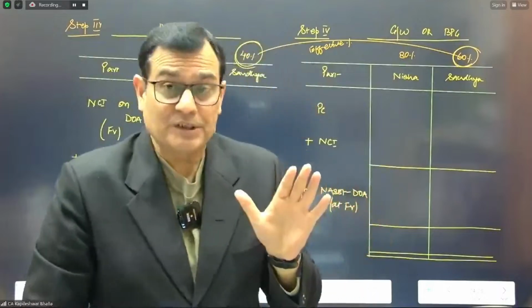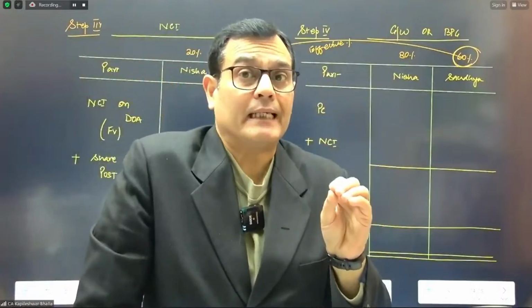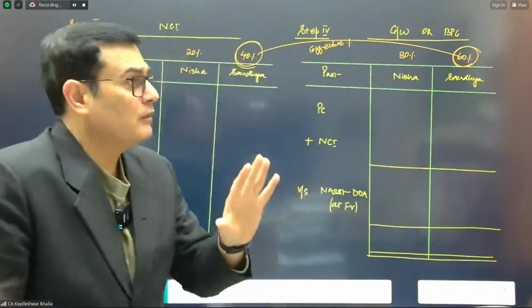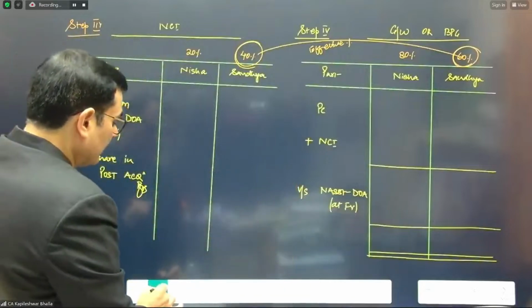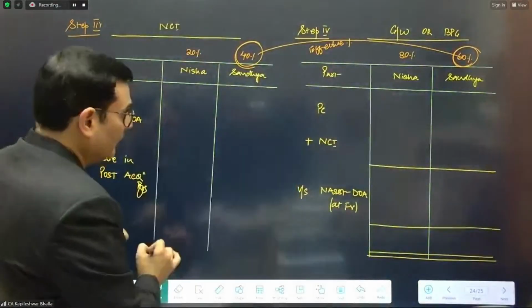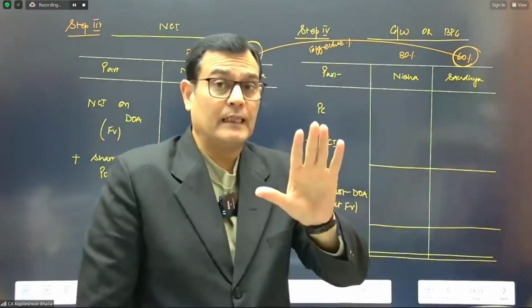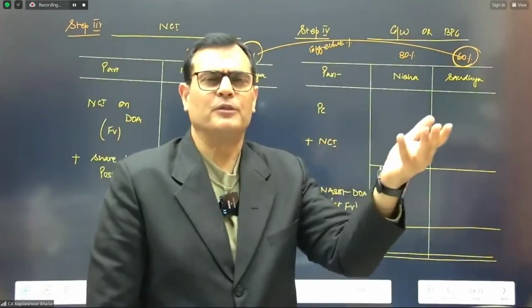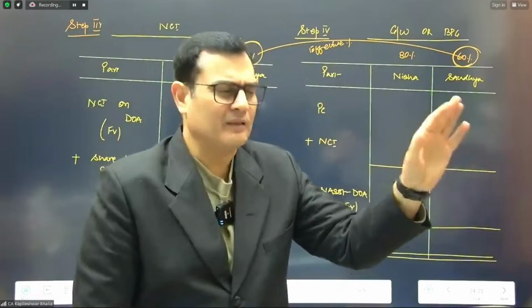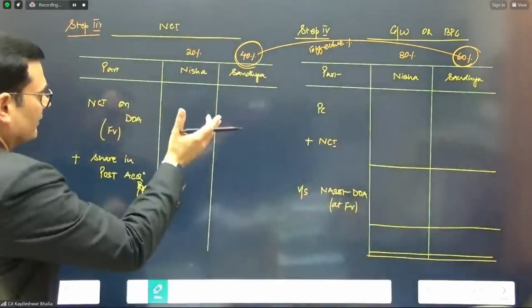Now, watch this carefully as I make the calculations in terms of goodwill to begin with. In terms of the goodwill calculations, let's go to the PC. I'm not doing NCI right now. I'm looking at the goodwill. Or maybe we can do NCI. It's not an issue. Okay, I think let's do NCI. Why disturb the order?